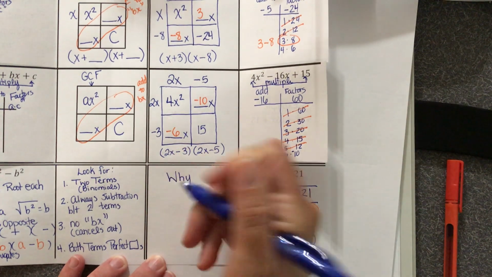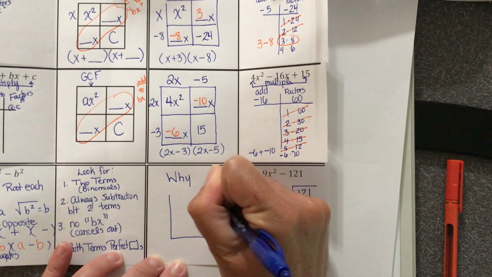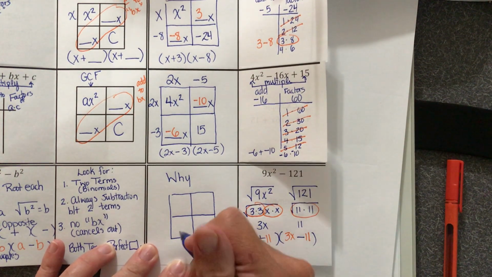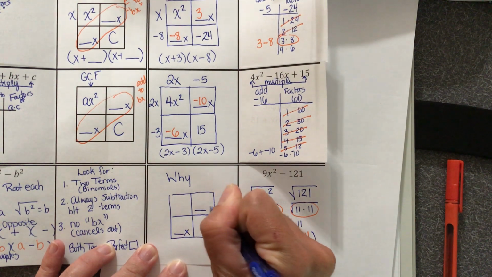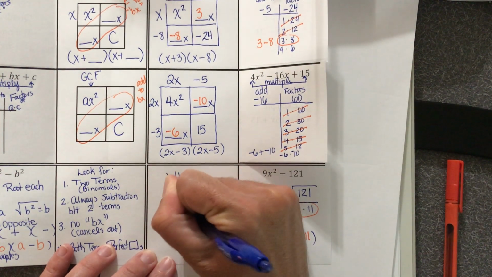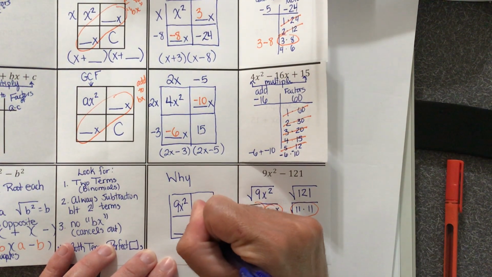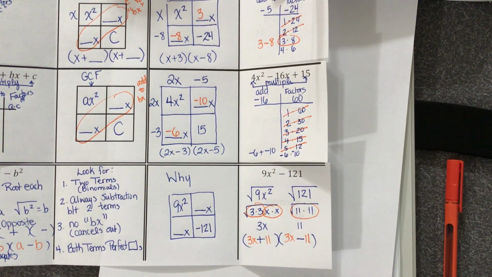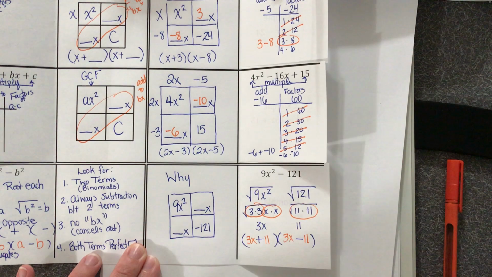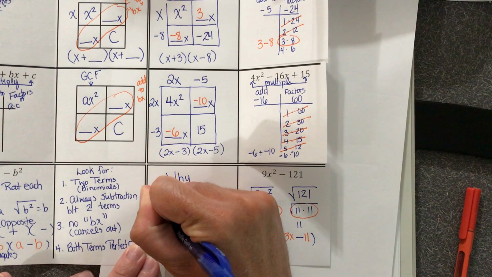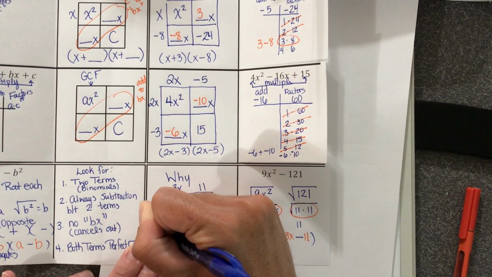So showing why this works with the box. Okay, so again, remember these linear terms, there isn't a linear term, so they have to cancel out and become 0. Your first term's going to go here, and your last term's going to go here. And so when we think about 9x squared and then the 121, making these cancel out and become 0, well, the only way that's going to happen is if I have the 3x and the 3x, the 11 and then